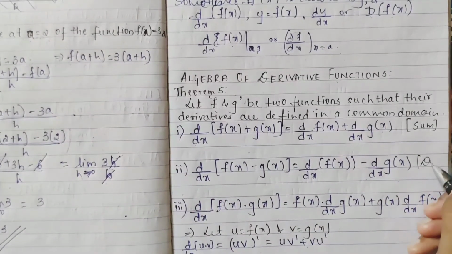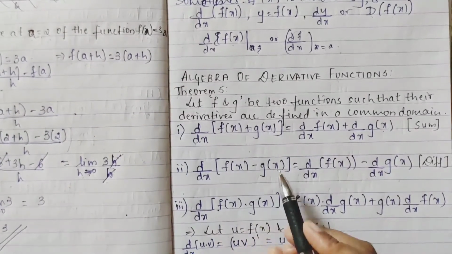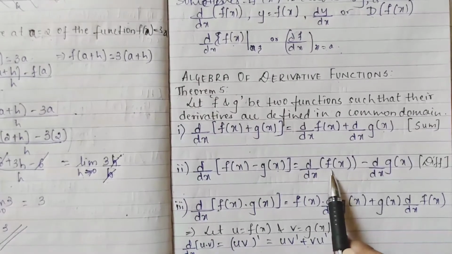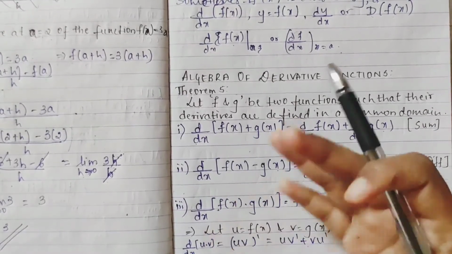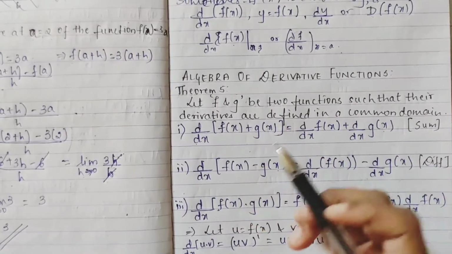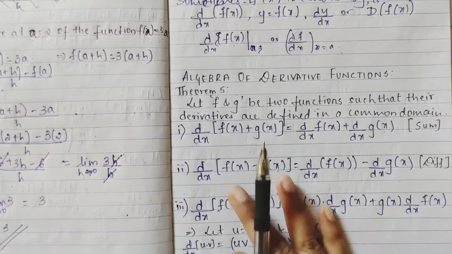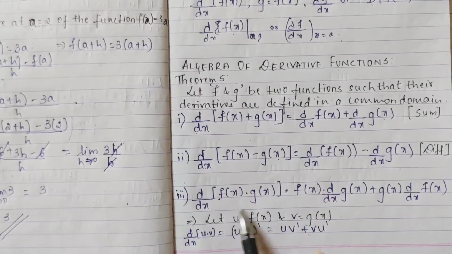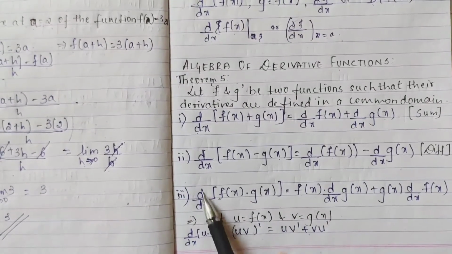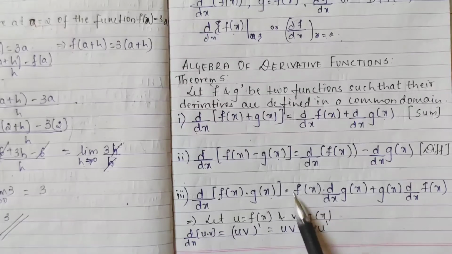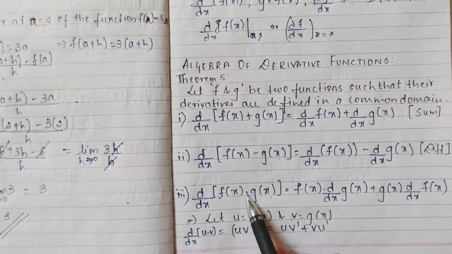Then in terms of difference, derivative of difference of two functions, d by dx f of x minus g of x, it will be d by dx of f of x minus d by dx of g of x separately. When you are differentiating two functions, for addition and subtraction you can do it separately. In terms of product, already you have the formula, right? This we have done only, d by dx f of x and g of x is equal to what? F of x d by dx of g of x plus g of x into d by dx of f of x when it is product.